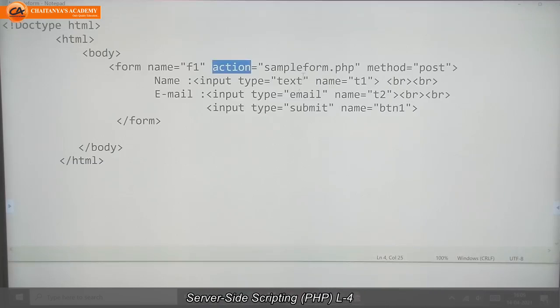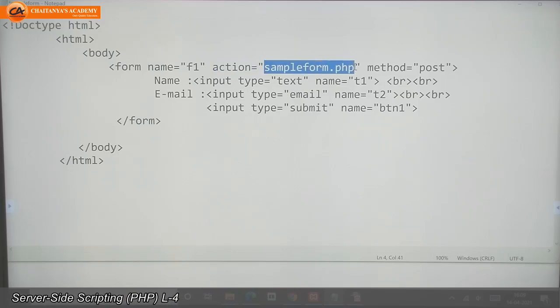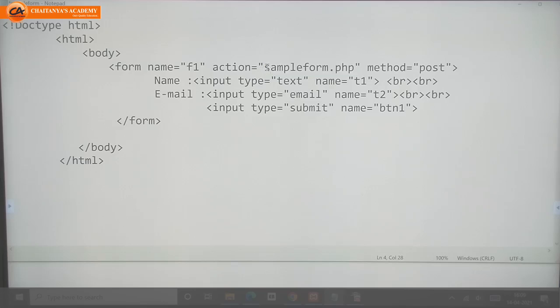That place is denoted by the action attribute. So the action attribute takes the value, meaning the name of the file where you want to submit this form.